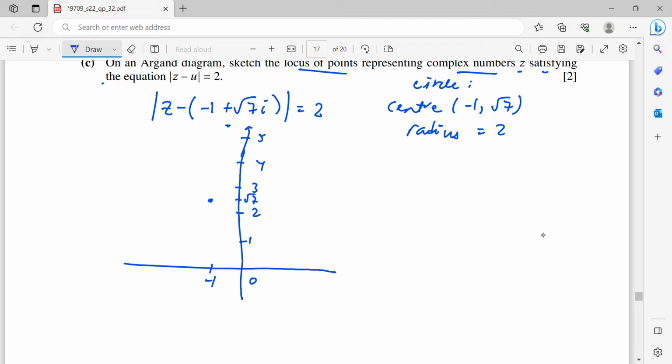The radius is 2, means it will be touching here, and then plus another 2 means somewhere here, and then plus 2 units. Let's say here is 1, and then go to the left hand side for another 2 units. Here is minus 3. Right, so now